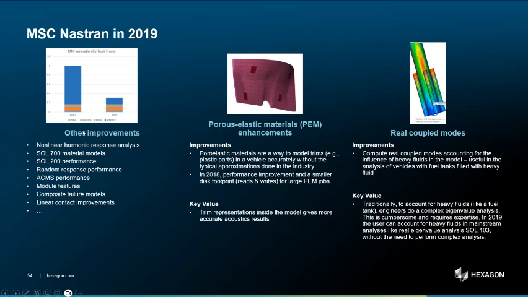And now, in terms of other improvement examples, they've added the ability, or improved the ability, to do nonlinear harmonic response. In other words, nonlinear frequency response. There are material models that were added to Sol 700, which weren't available before. The improvements of Sol 200, in other words, optimization runs, are improved. Random response analysis performance is improved. Again, improvements to that